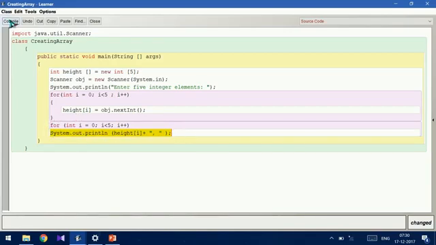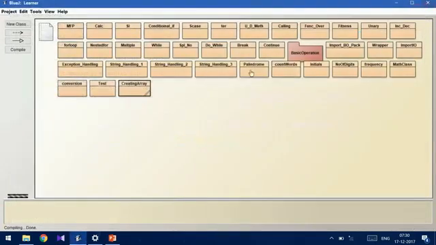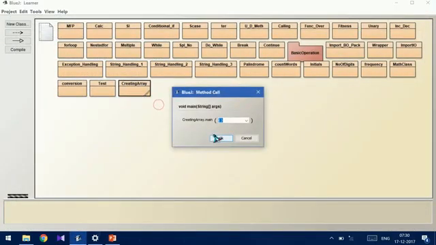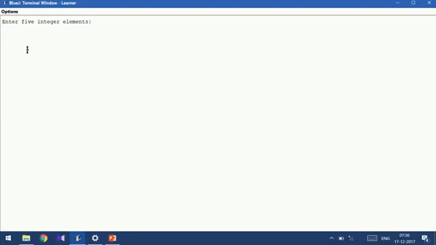So let us compile this. No syntax error. So enter the elements. You can see that again it has been printed. We have given println, so it is printed in the next line.